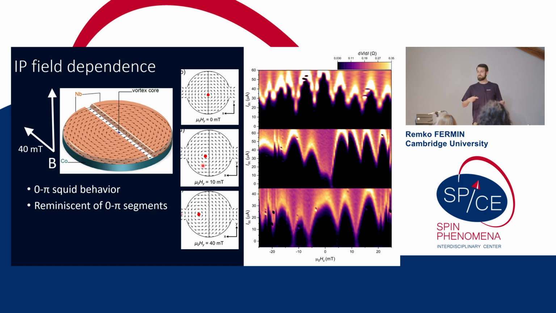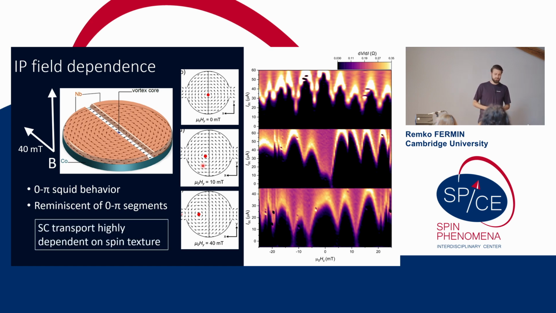So there's these zigzag junctions, for example, where people study the superconducting transport, and they find that if you have many 0-pi segments, you can have interference patterns where the oscillation amplitude actually grows as function of magnetic field. So the takeaway message of this slide is that the superconducting transport is highly dependent on the specific spin texture